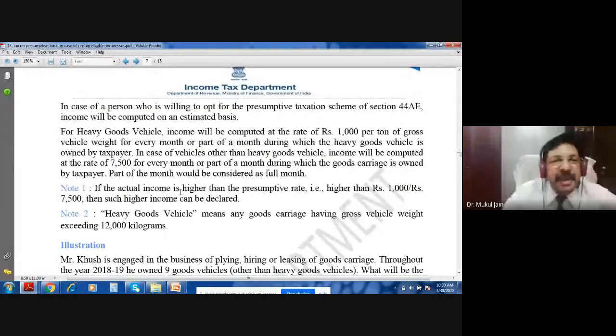इसमें इनका सिंपल फॉर्मूला है, in case of vehicles other than heavy goods vehicle, income will be computed at the rate of 7,500 for every month or part of the month during which goods carriage is owned by the taxpayer। जो भी आप ट्रक चला रहे हो, छोटा ट्रक है, उसमें 7,500 रुपया पर ट्रक पर मंथ आपकी इनकम मान ली जाएगी। और अगर आपके पास बड़ी व्हीकल है, 12,000 किलोग्राम से ऊपर, यानी 12 मीट्रिक टन से ऊपर की गुड्स व्हीकल है, तो उसमें 1,000 रुपया पर टन के हिसाब से आपका ग्रॉस व्हीकल वेट है, तो 1,000 पर टन के हिसाब से आप अपना प्रॉफिट दिखा दो, कोई आपको खाते रखने की जरूरत नहीं।